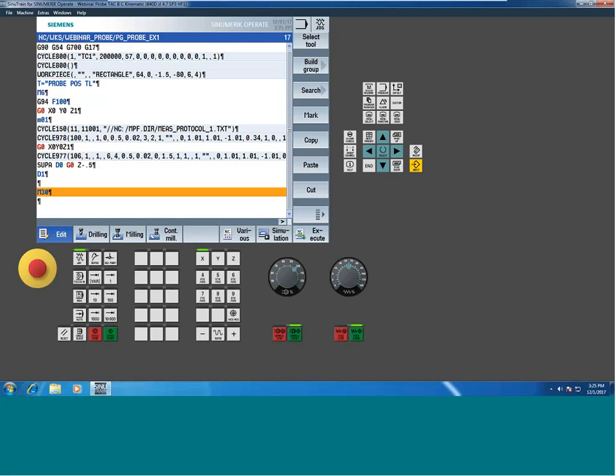Additionally, are there any R variables or R values we cannot or should not use? Okay, so that's a good question, Tim. R variables are what we call volatile variables. So the sheer nature of that is you're allowed to write to them, but anybody else can write to them. Generally, I would say if you're going to write to an R variable, there's none that I would say are reserved. What's going to be reserved is the global user variables. If maybe you put Renishaw cycles in it and they create a bunch of custom user variables, that'll be all under those global user variable sections. The R variables, let's say write to any of them you want, but